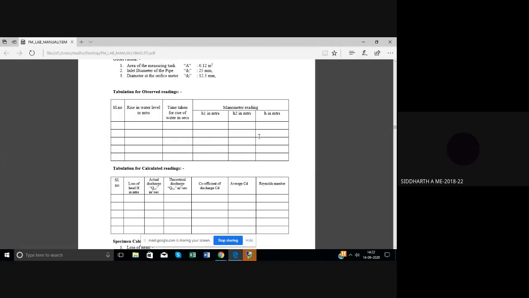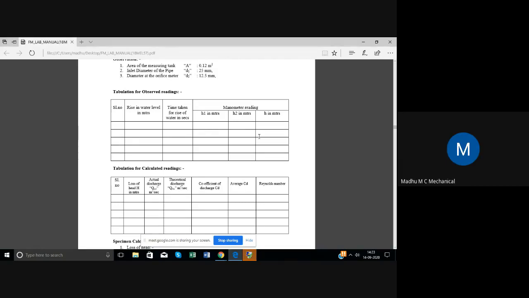Sir, are you going to make it as an assignment? No, every class I will be evaluating what you are doing. I mean, we have to upload the picture, right? Not the picture, you have to upload the calculation. For every experiment, whatever calculation you do, you are going to upload it. We are going to do that in the Google Classroom.